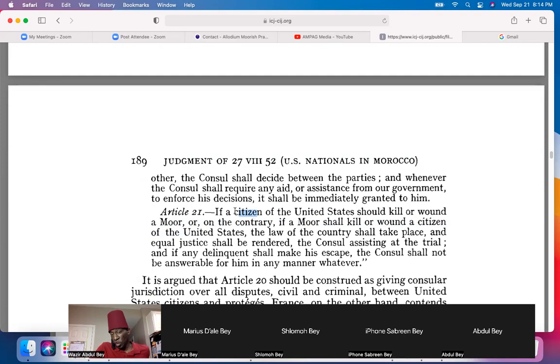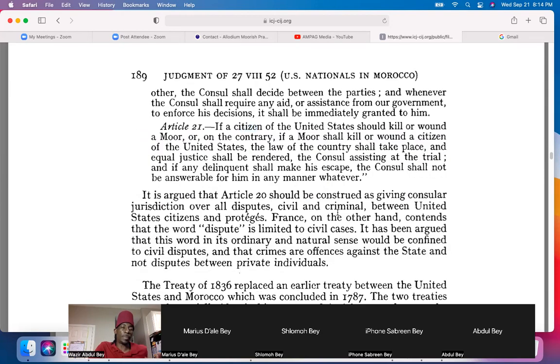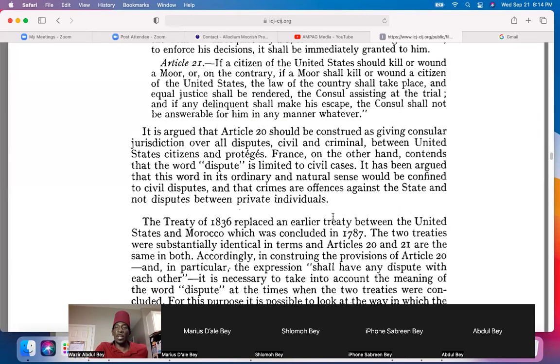So the treaties between the United States of America and the Sultan of Morocco, the Americans and the Moroccans, the United States citizens and the Moors. Come on, y'all. This is actually elementary. It's not even really nothing to discuss. I'm gonna get this on VHS and send it to certain people so maybe they'll get the point.